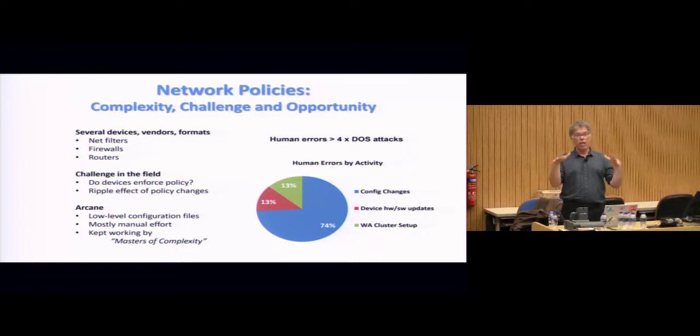So things that happen in the data center that look like a denial of service are caused 4 times more by human error in configurations than by actual denial of service. So it's a big problem, right? These masters of complexity still get it wrong, because again, entropy, bugs will just happen. Even with experts, they will have a bad day, they will make mistakes.